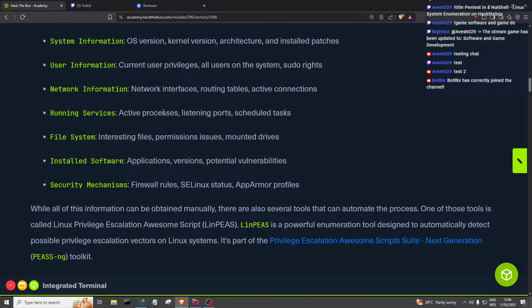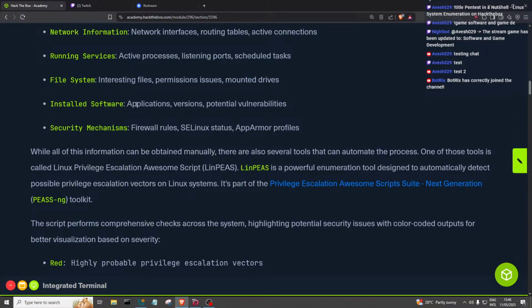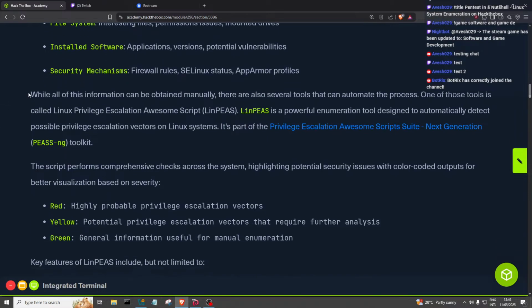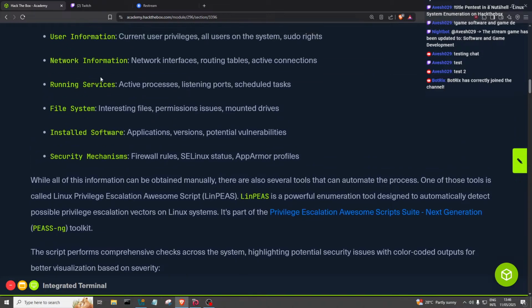Running services, active processes, listening ports, scheduled tasks. File system: interesting files, permission issues, mounted drives. Installed software applications, versions, and potential vulnerabilities. Security mechanisms: firewall rules, SELinux status, AppArmor profiles. So yeah, LinPEAS is going to do all of that recon for us. Just get the script on the machine and run it, and then boom, it should do that